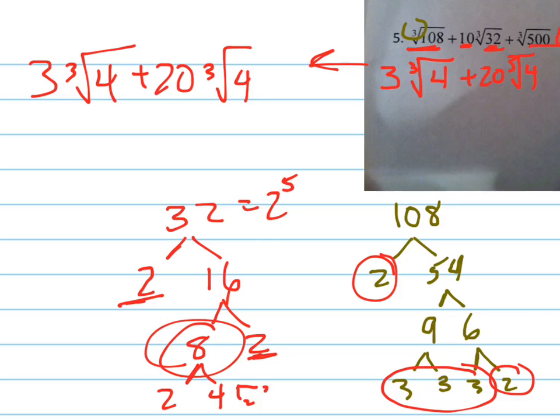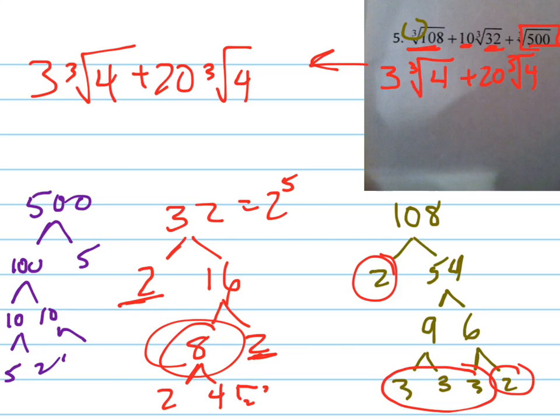And now let's do the same thing with 500. I'll change colors. 500 is going to be 100 times 5. 100 is 10 times 10. And so what I'm going to have is 3 5's, which means a 5 is going to break jail. There's 3 of them, and it's the cube root that I'm looking for. And then there's 2 2's left over, which is, again, the cube root of 4, which is very convenient